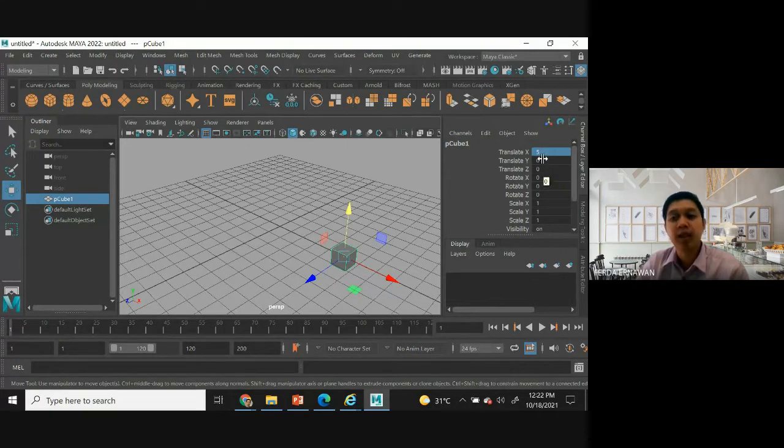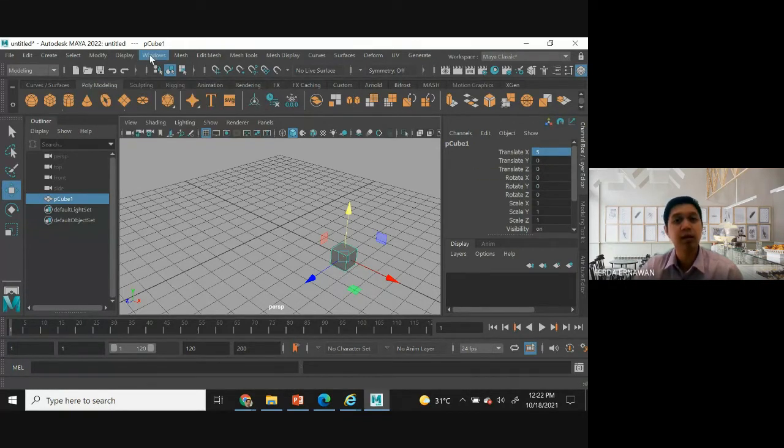We need the exact value, so that when you move the object from one position to another position, you will get the exact location. Before we assign, we have to make sure whether we are going to use centimeters, meters, or millimeters. So how to set up?